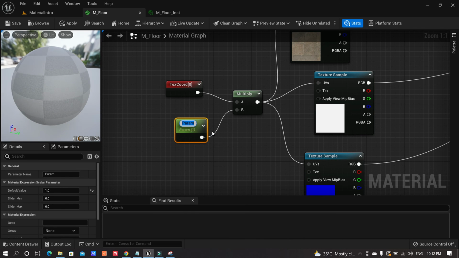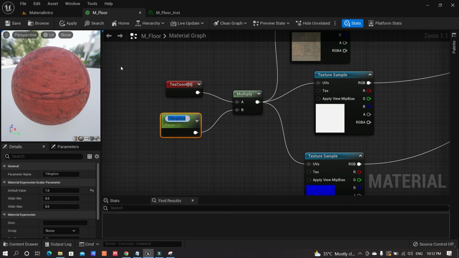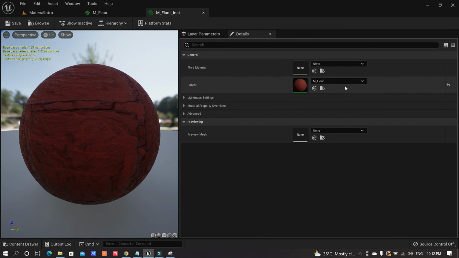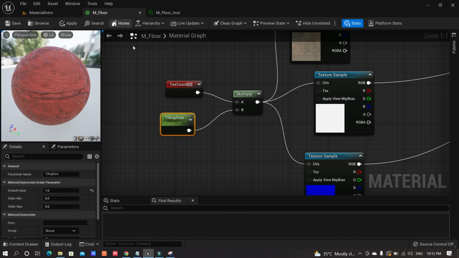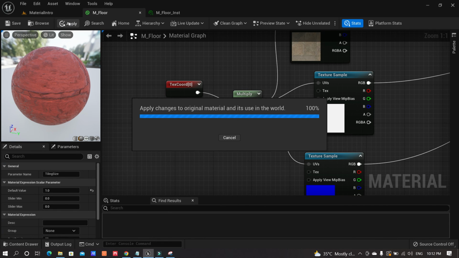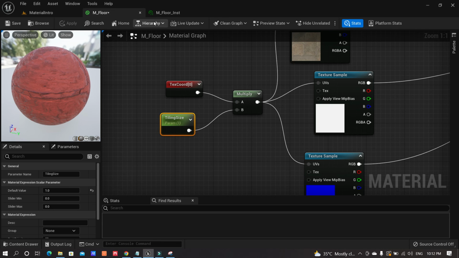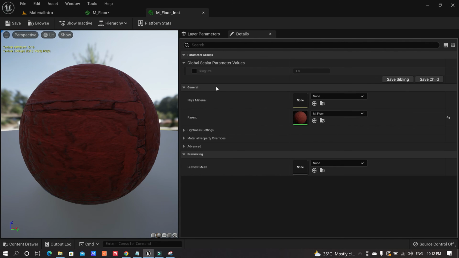It will ask you the name. So let's say we call it tiling size. Okay, and we have tiling size. If you go to the instance, you will see still there is nothing, because we have to apply it. As soon as we apply it and we go to the instance, you will see your parameter is available here